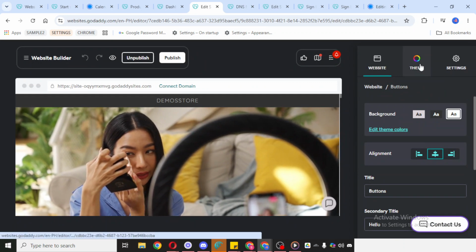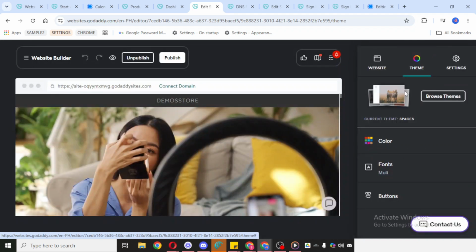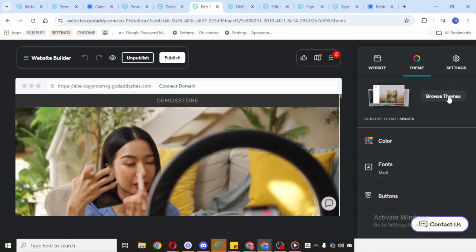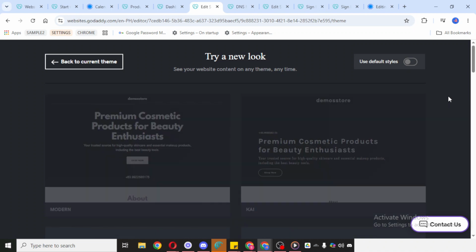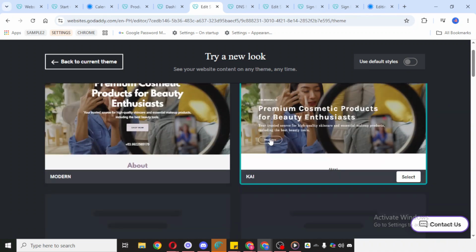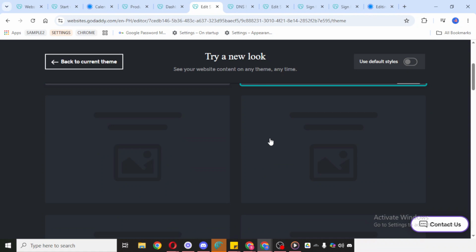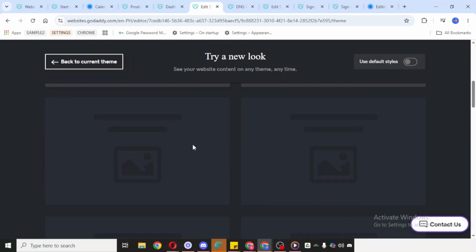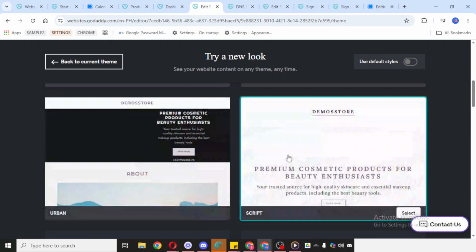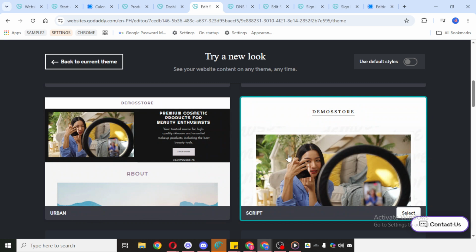This feature allows you to browse through different design options and preview how they affect your website. Take your time here and feel free to experiment. You can look through the available styles, compare them, and choose the one that best matches your brand, business, or personal preference. As you explore the options, pay attention to how each theme changes the mood and presentation of your site. Some styles may feel more modern and clean, while others may feel more bold or creative. The goal is to choose a look that supports your content and makes your website easy to read and visually